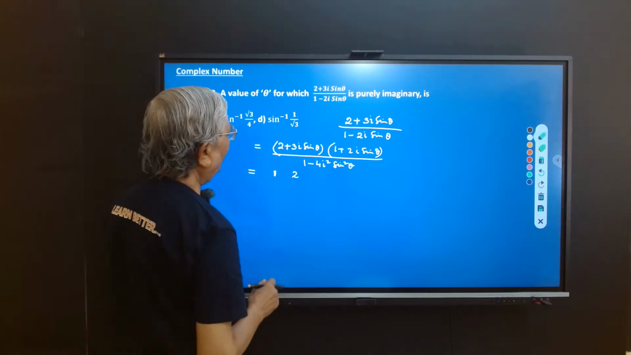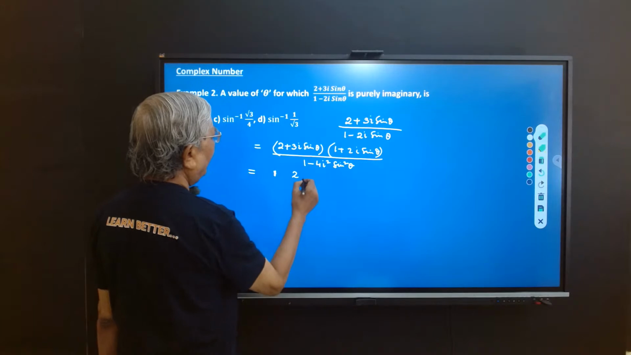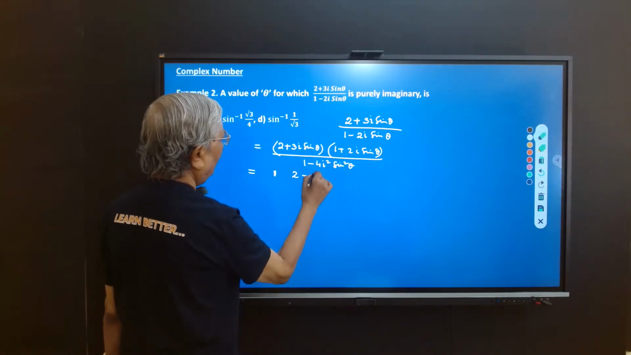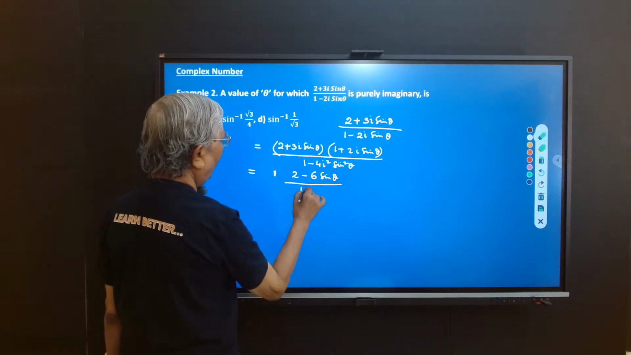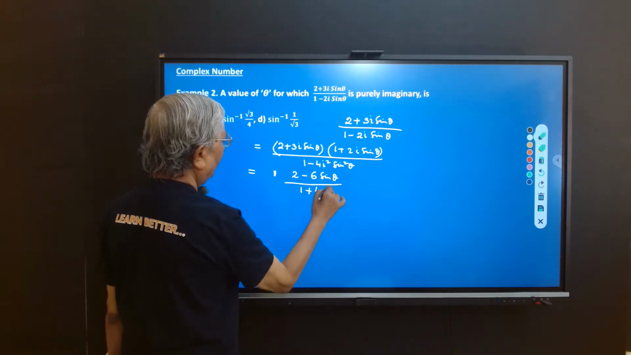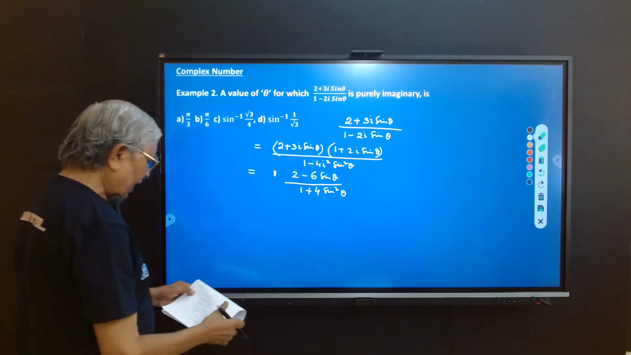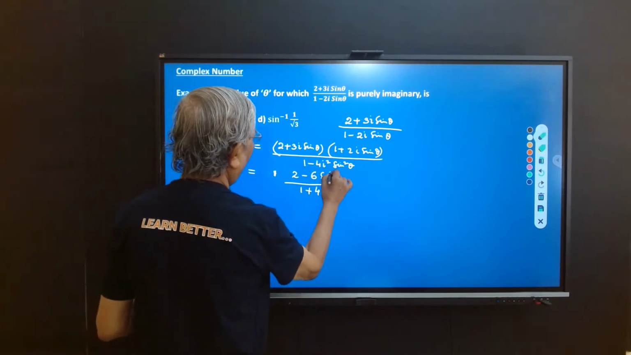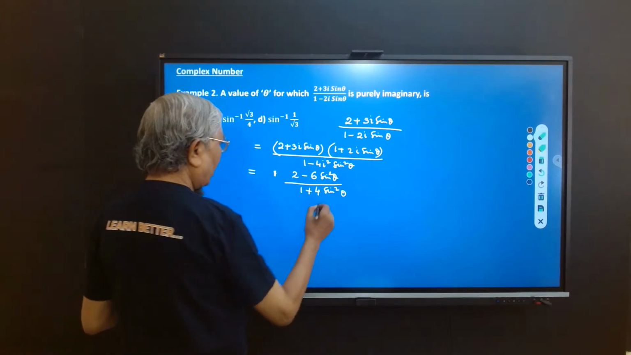The real part: this multiplied by this, minus 6i square. That means plus 6i square means minus 6 sin square theta, by 1 plus 4 sin square theta. So the real part is 2 minus 6 sin square theta by 1 plus 4 sin square theta, plus i into